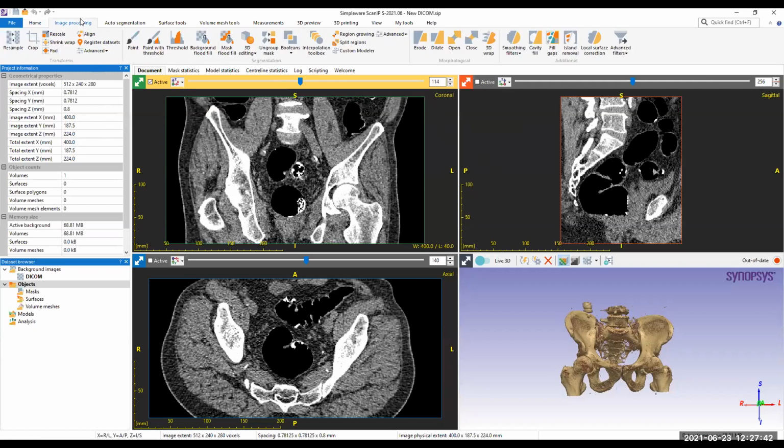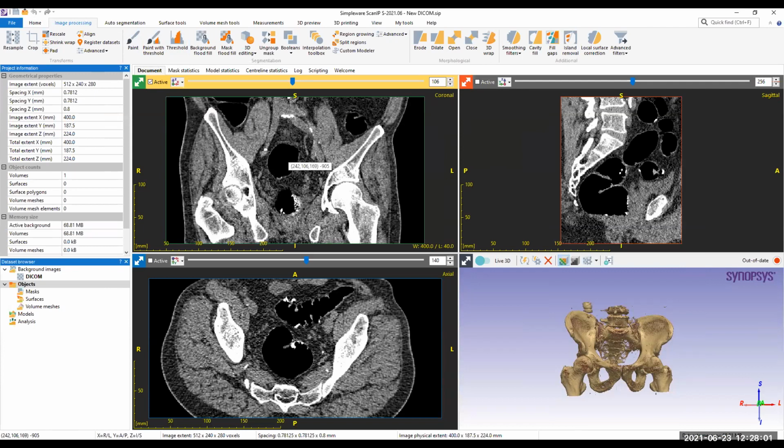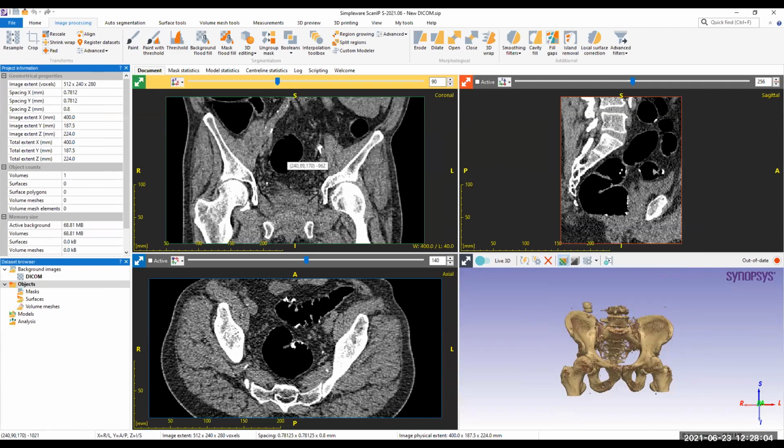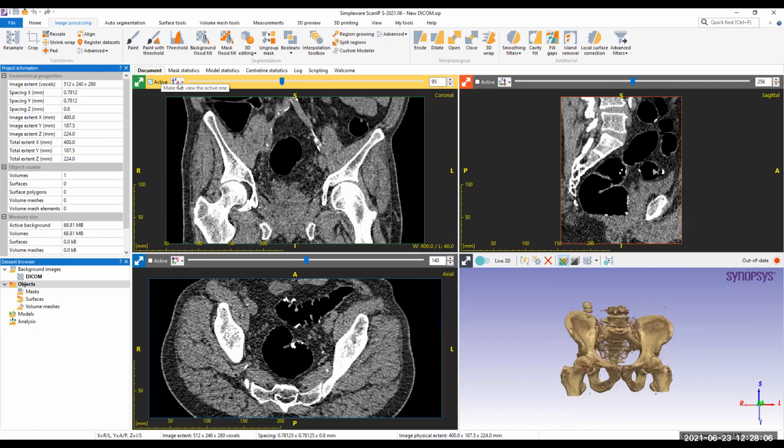Now I can use any tools from this available list. Based on our data set and our requirements, we can change how we start to do the segmentation. In this case, as it is a CT scan and I have to segment this bone structure, I will use threshold because it is very clearly visible.